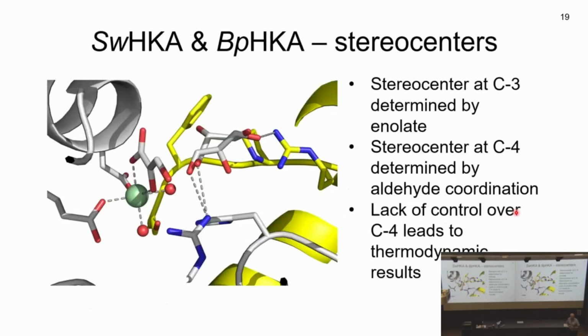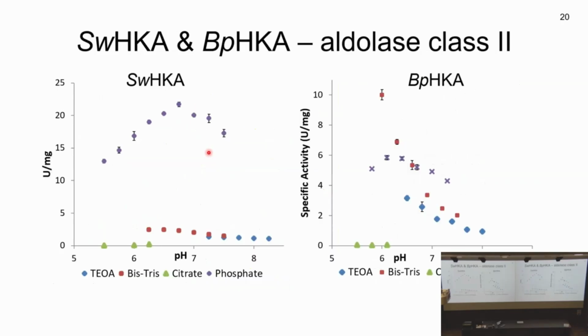And yesterday evening, I was fortunate to get a new X-ray structure from our collaborator. And what you can see here is that the hydroxypyruvate is nicely coordinated. But here in a soaking experiment, we found that the aldehyde was in part of the crystals coordinated in one manner and in part in the other, resembling this or showing this lack of selectivity for stereocenter at C4. So via X-ray crystallography proof. Okay, so up to now, this is, let's say, a little bit special, but not that unusual yet.